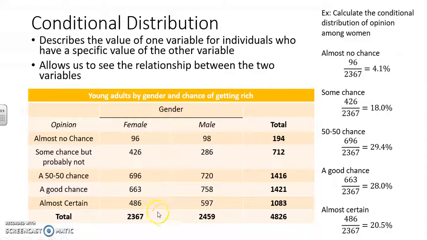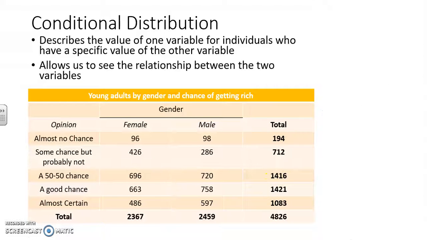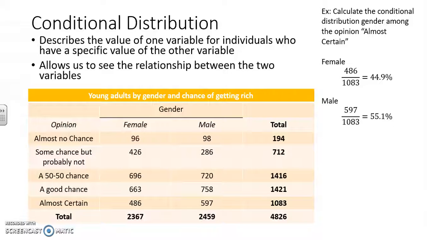We could also do this the opposite way. Instead of going by female, we could go by opinion and find the conditional distribution of opinions. So let's see what this looks like. It says, calculate the conditional distribution of gender among the opinion almost certain. So I go to almost certain,